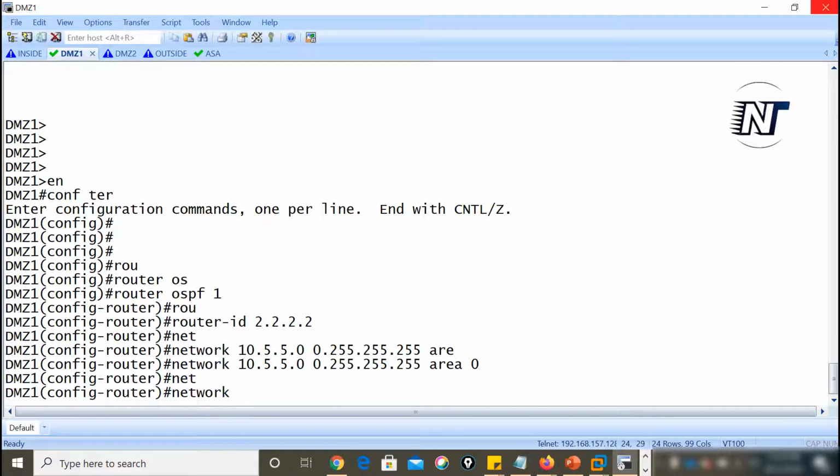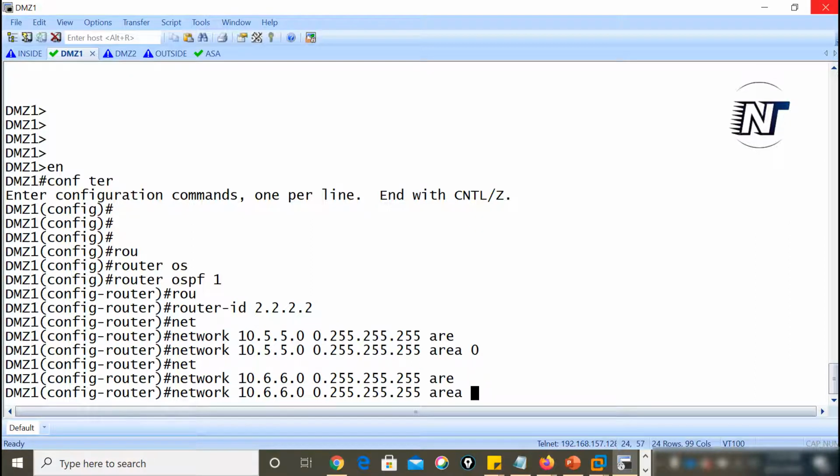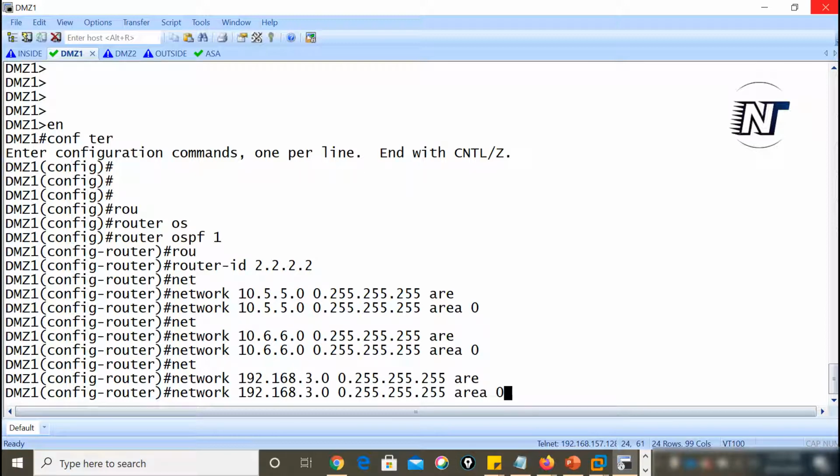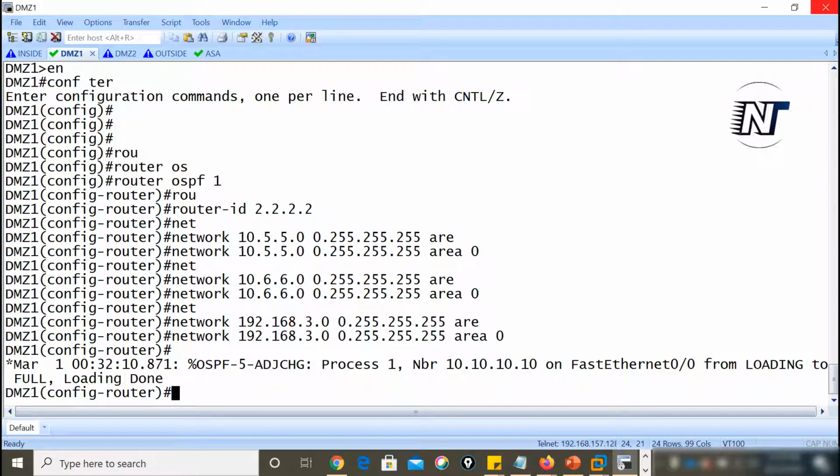Next, network 10.6.6.0 0.255.255.255, area 0, network 192.168.3.0 0.255.255.255, area 0.